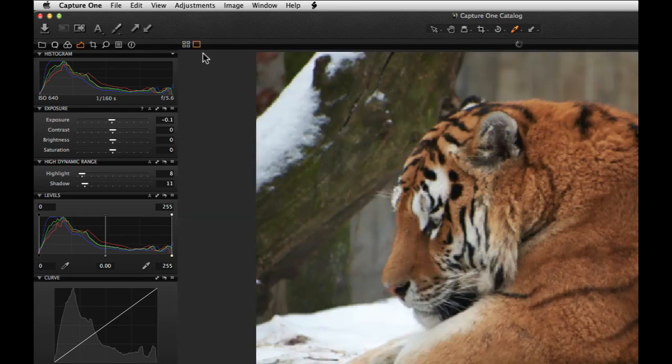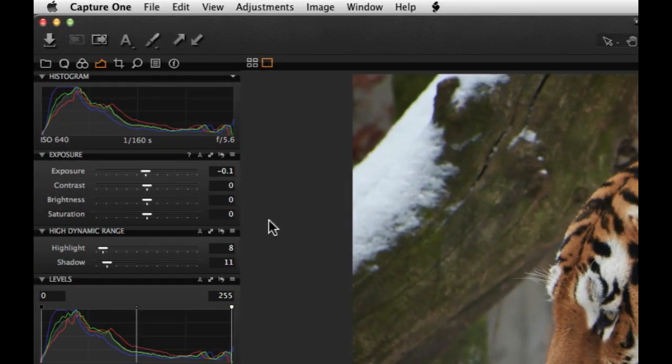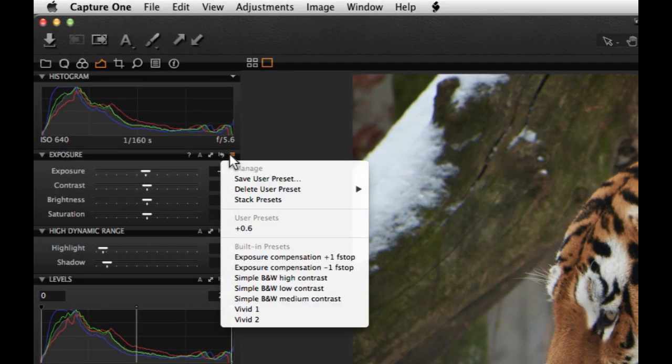Hold down the Option key to temporarily reset the tool. This is very useful for viewing the effect a tool has. The next manages presets. For example, tools can have a preset value saved and recalled from within the same menu.